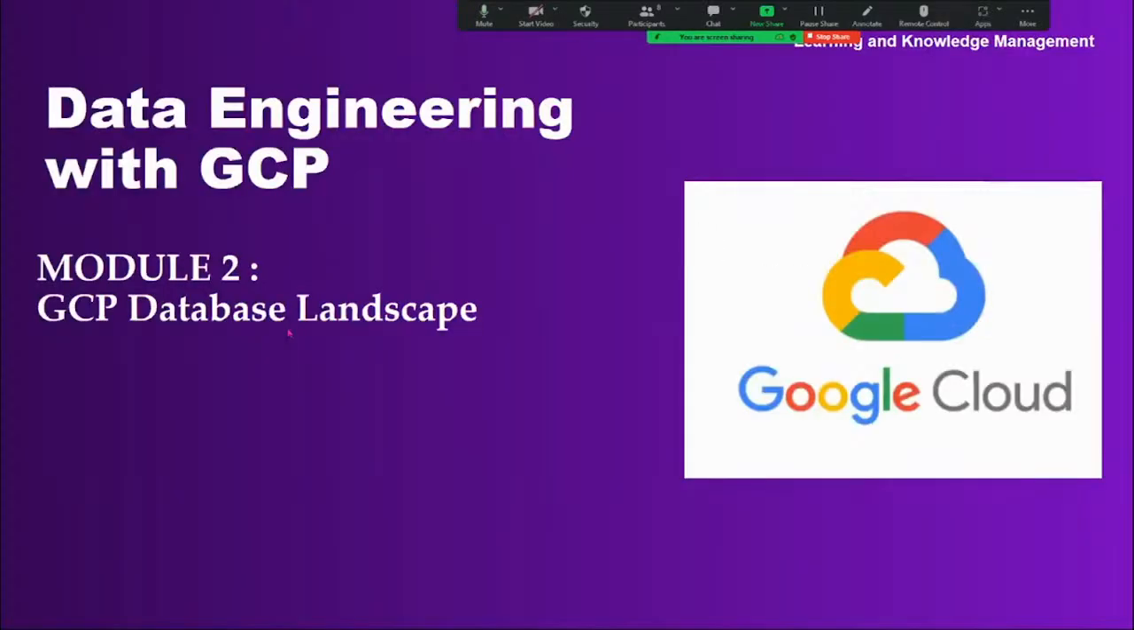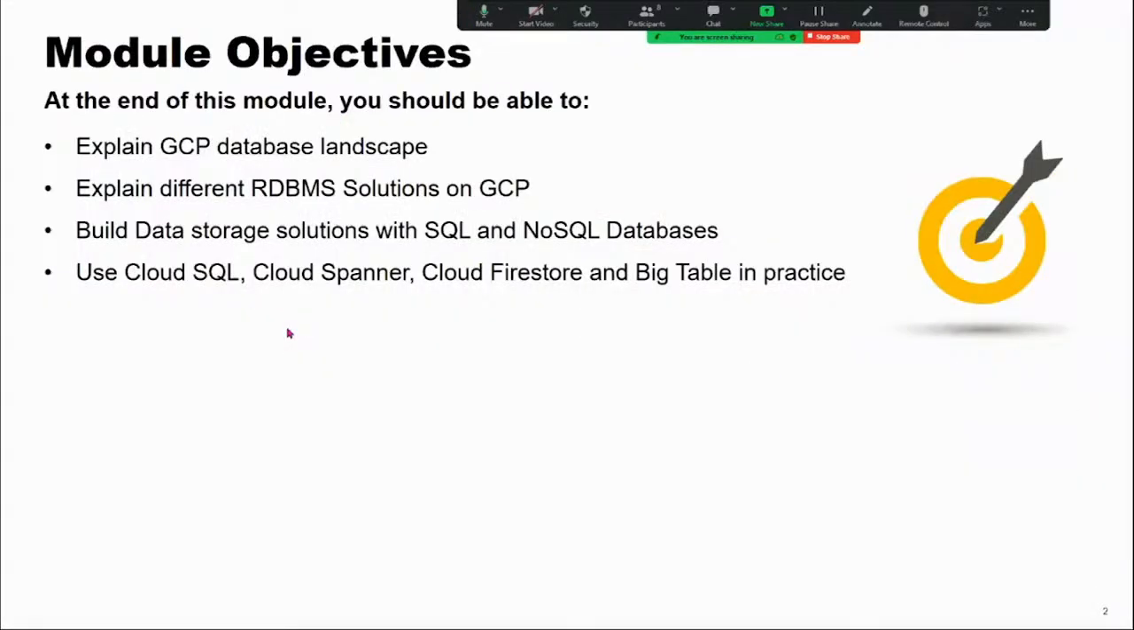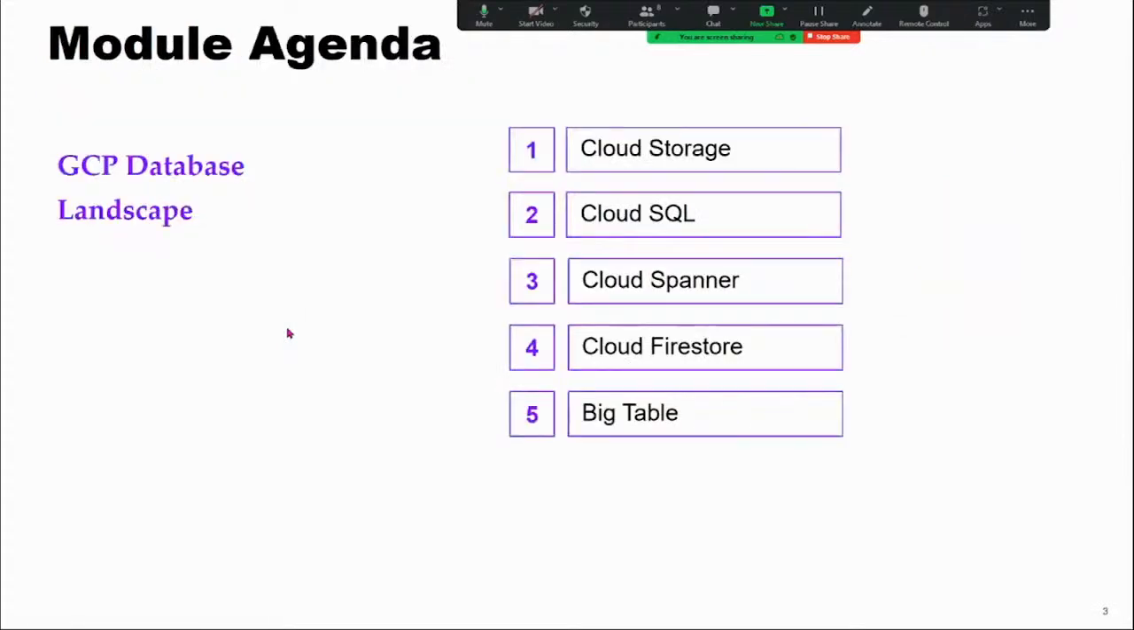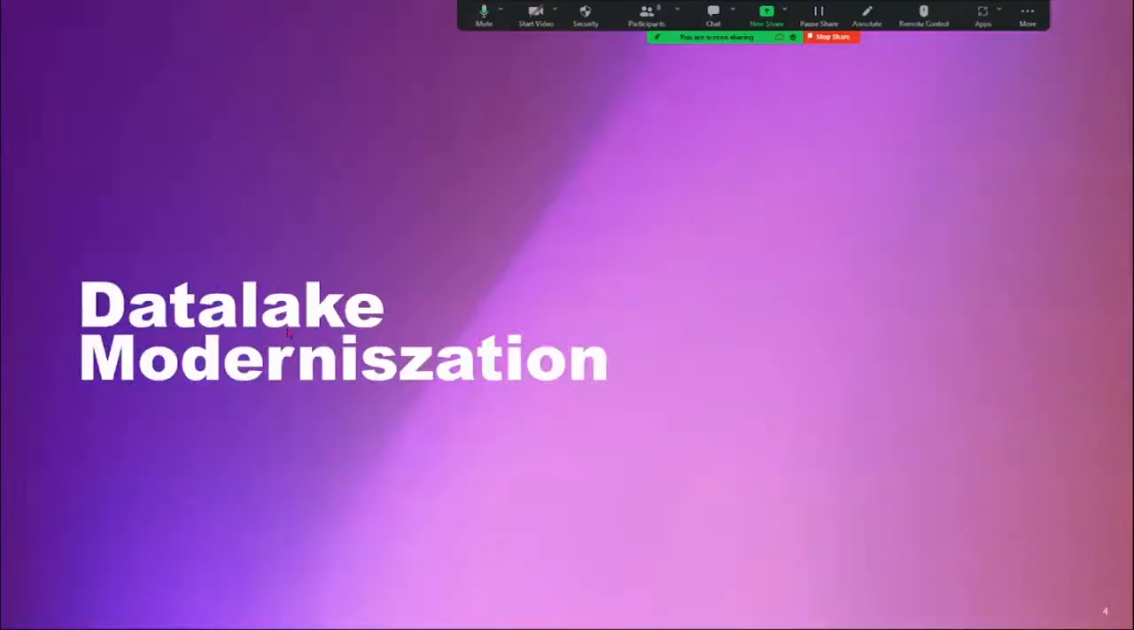So in the GCP database landscape, this is the agenda, guys. We are going to explain all the GCP databases landscape and the differences between the RDBMS as well as NoSQL databases. And in this one, we are going to look at Cloud SQL, Cloud Spanner, and Bigtable. So these are the things. So first, we're gonna see